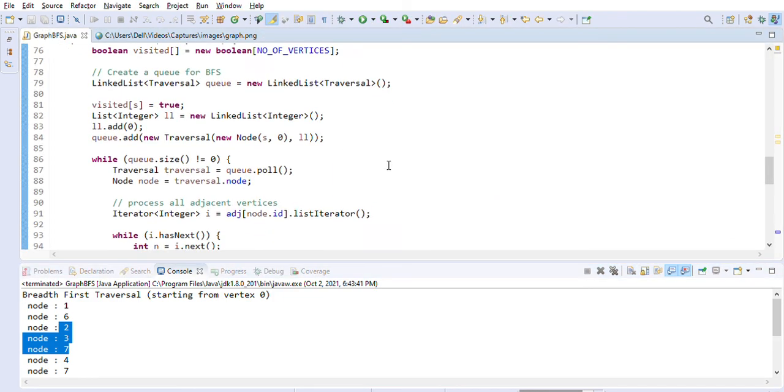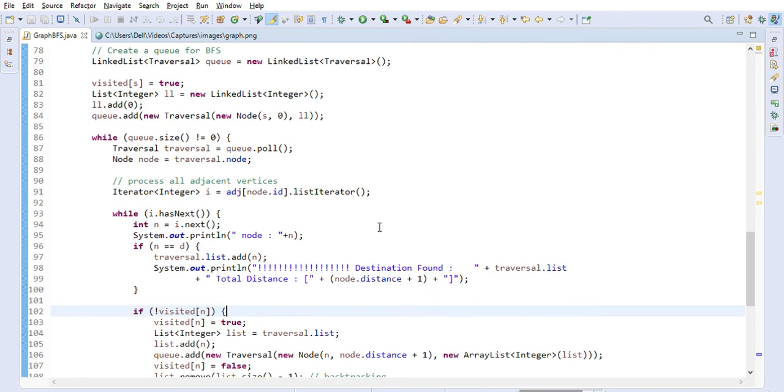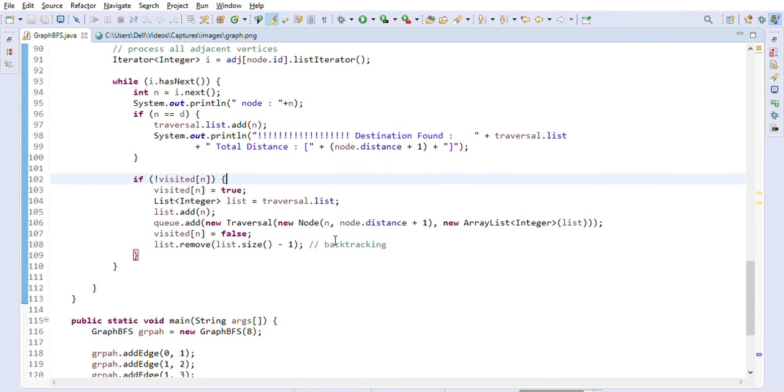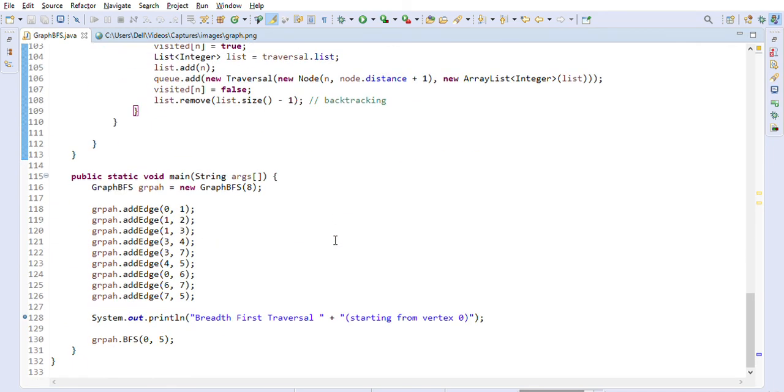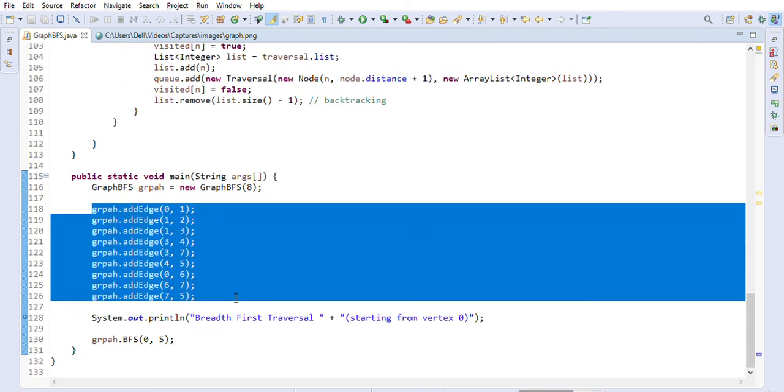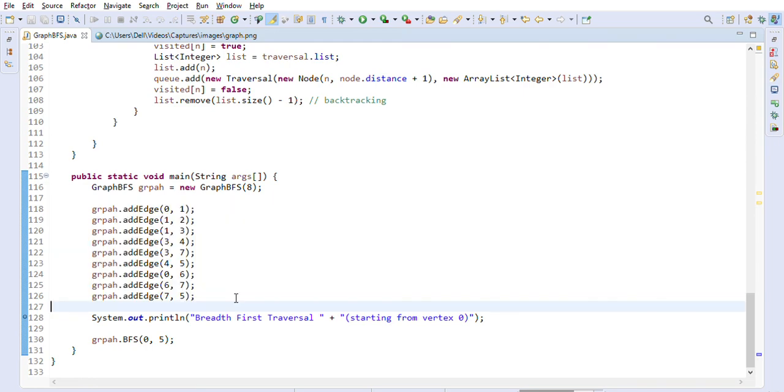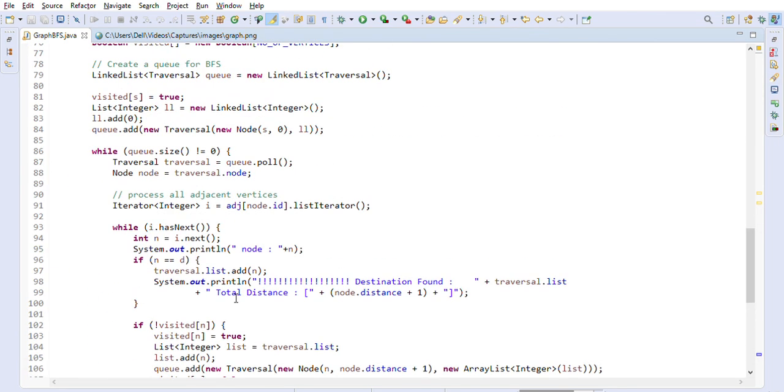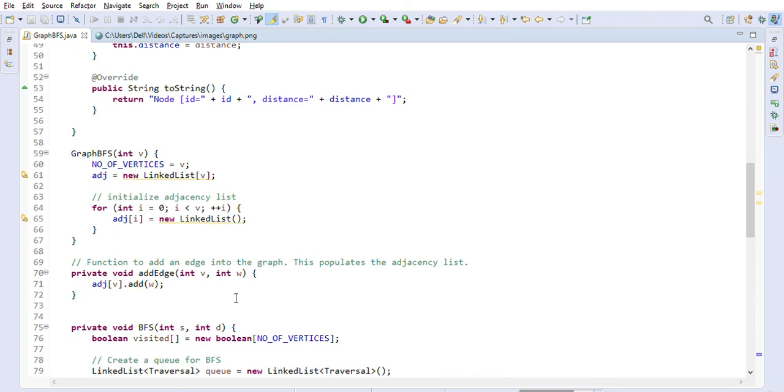So I think I explained the BFS and how it works in quite some detail. So I'll just add it to my repository. You can take it from there, and you can create your own graphs and see how it prints the paths and how you can find out the minimum path, right? I hope this video will be helpful for you to have a better understanding of graphs and how you can perform BFS to find different paths and the minimum shortest path from source to destination.